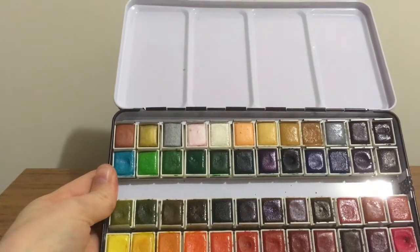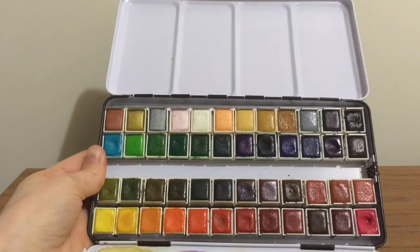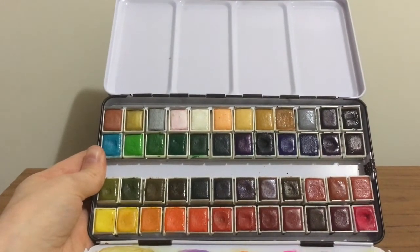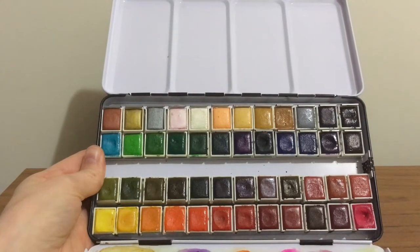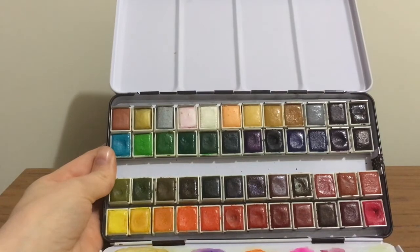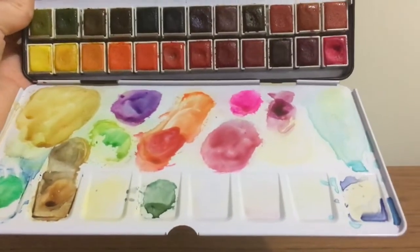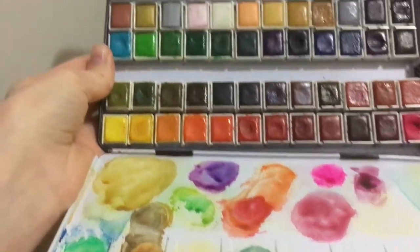So it was a spontaneous purchase for me because I have a lot of paint already, so I didn't need it. But I thought, hey, it's half price. Look at all these colors. I must get that. So you can see how vibrant these colors are. And I've got to say, I am so impressed